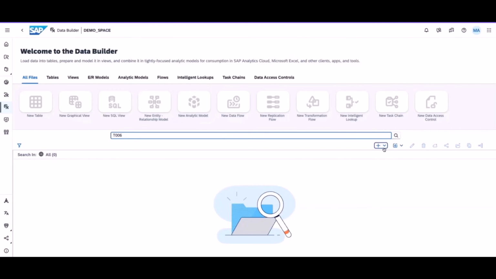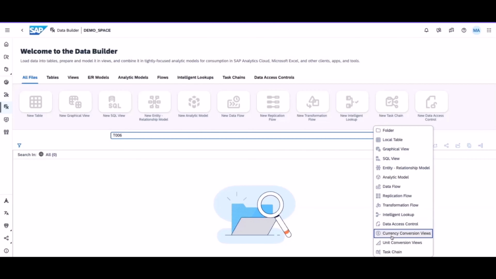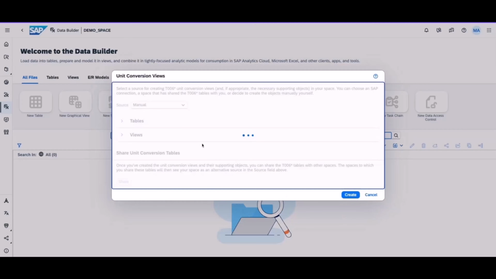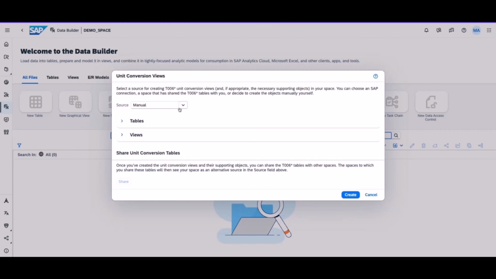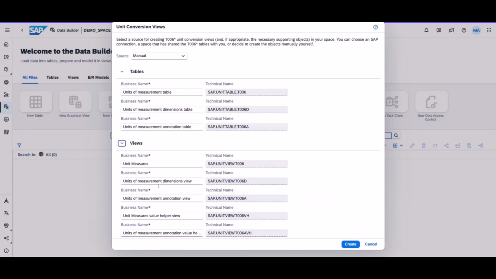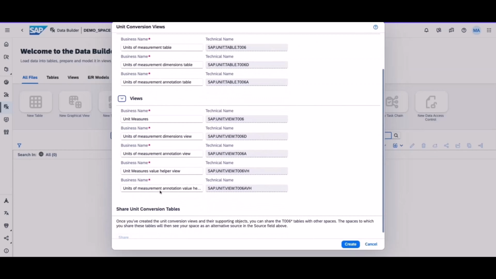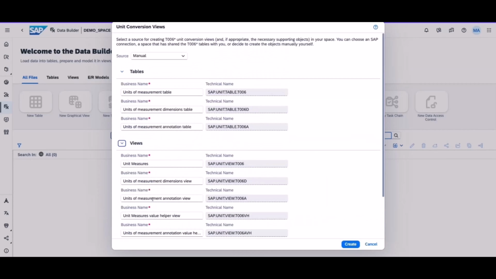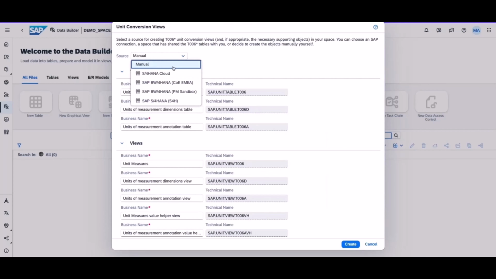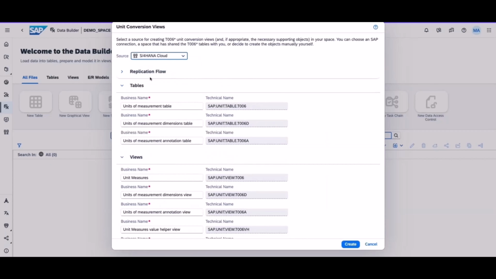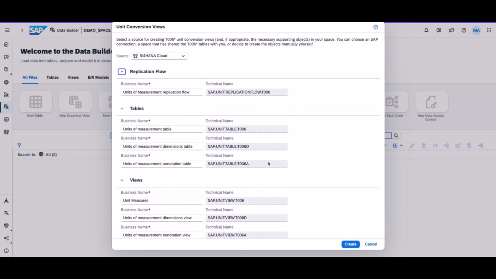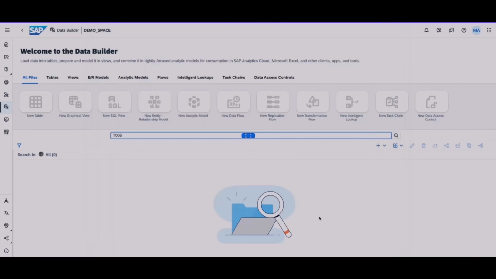We are in the data builder and we prepare and load the unit conversion views here. You can either create them manually, where it will create these three tables and these views, and then you can also share it after they have been created, or you could pick it up from one of the source systems, and that will bring in a replication flow. That's what I'm going to do. I'll hit create,